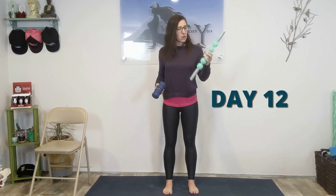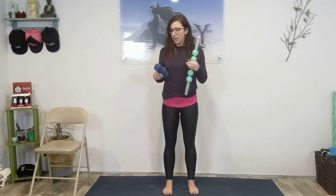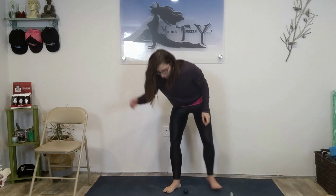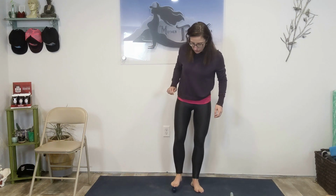bottoms of the feet. So I have a massage roller, I have an AccuBack and a little AccuBall. If you don't have any of these, grab yourself a tennis ball, a golf ball, a lacrosse ball, anything you can get your feet on. And then when you're ready, just drop those down onto the floor